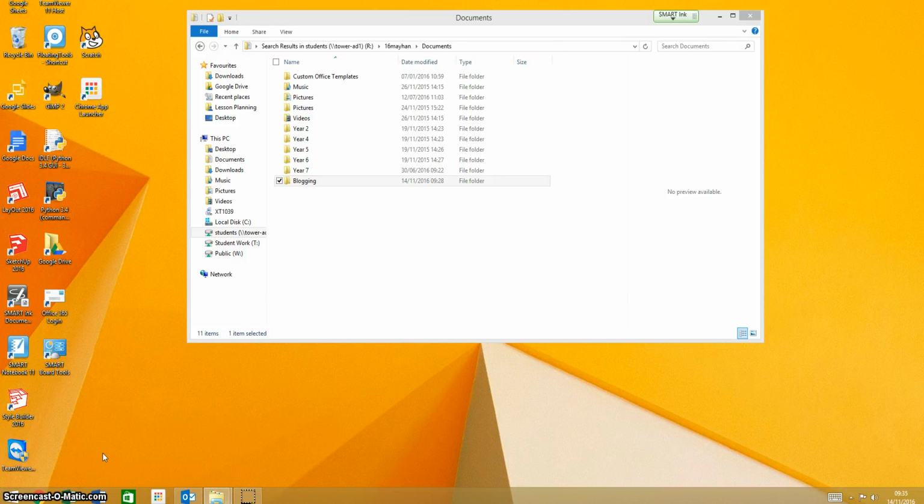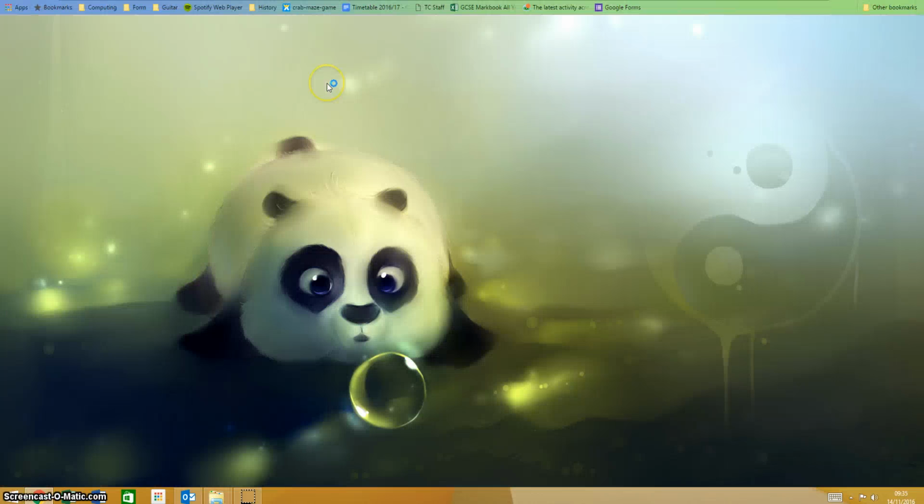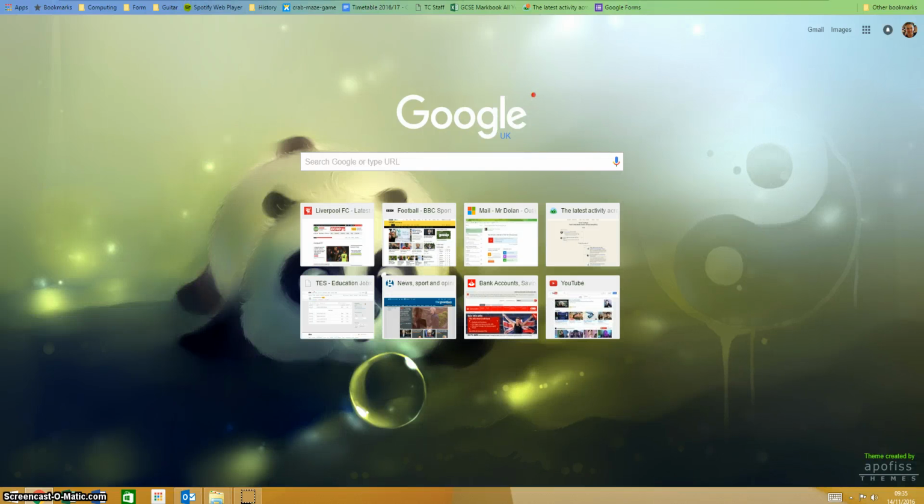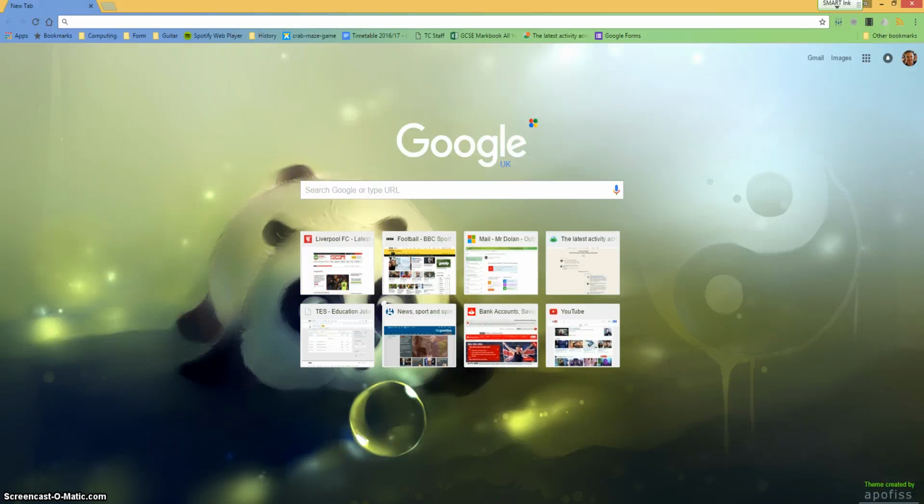So the next thing we need to do is to look in our Kidblog blogging posts to see what evidence that we can provide. So first of all, if you click on your Google Chrome here, and then at the top,